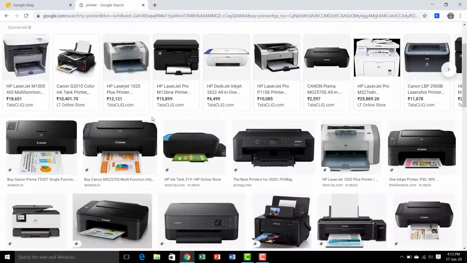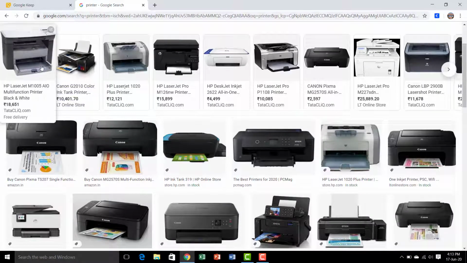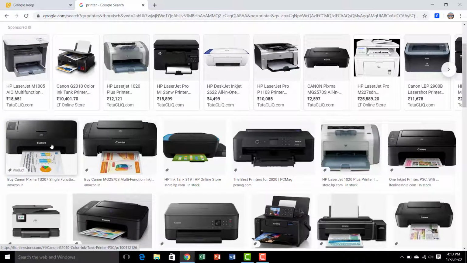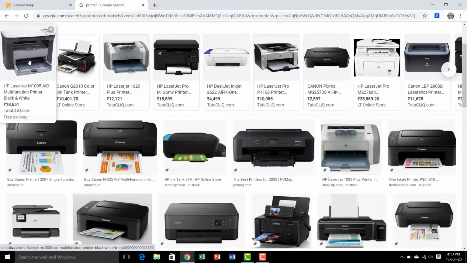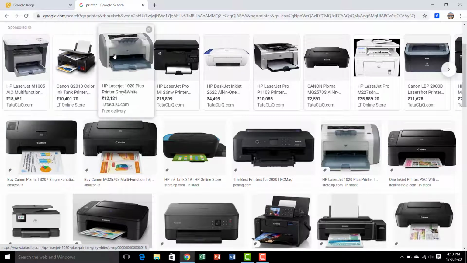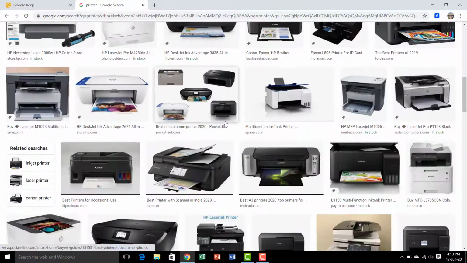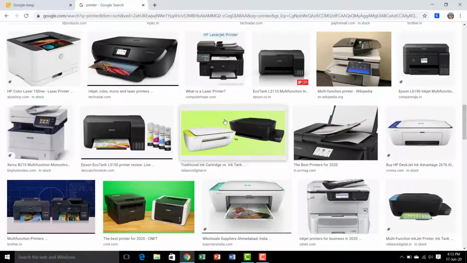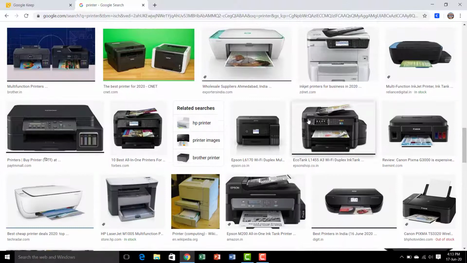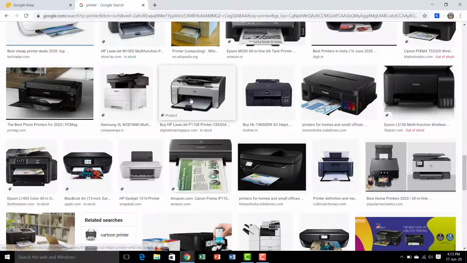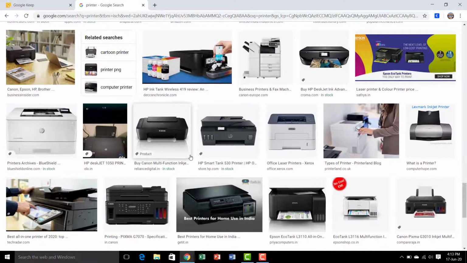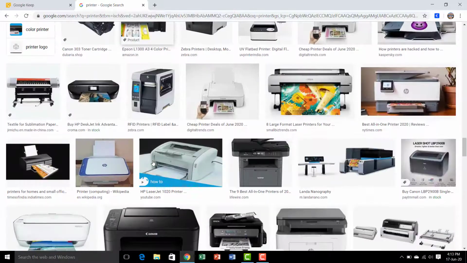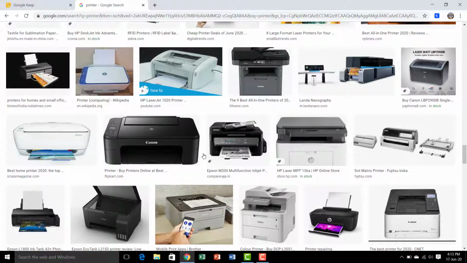So these are the different printers. See, you will get different HP laser printers, different companies, Canon printers. These all are color printers, and these are black and white printers. This kind of printer is available in color and also in black and white. See, all the images displayed here are printers. Understand? So these are the different kinds of printers. You will see lots of printers available. Okay, so these are other output devices.